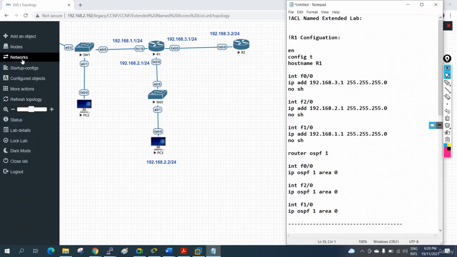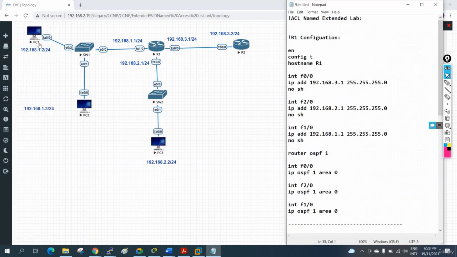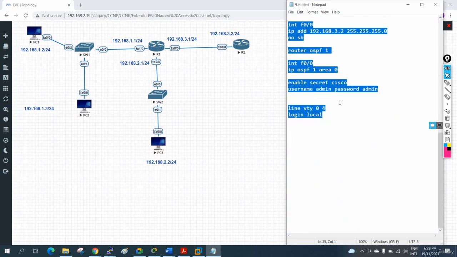Now we need to do it for our machines also. This machine is nothing but a router also, so we need to assign this IP and we need to create one default route going towards here. One default route going towards here, that is the default gateway. Then we can start working on the lab. So what I will do, I will write here